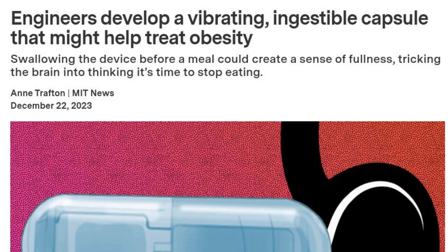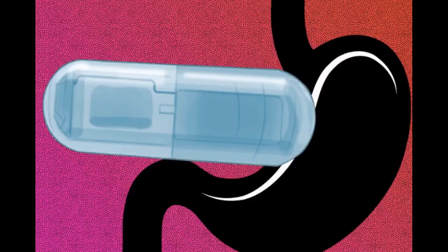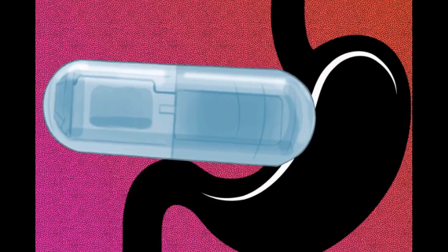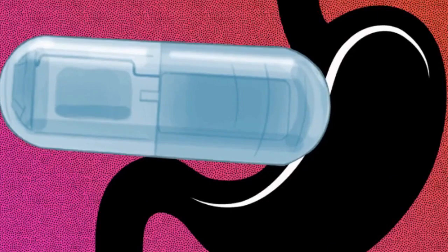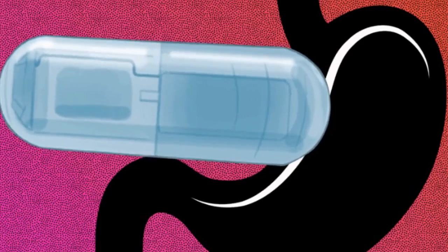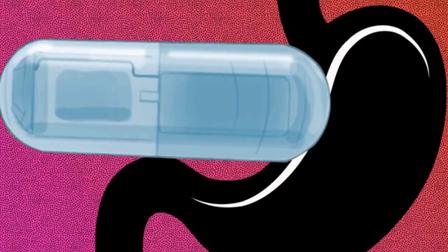While a graduate student at MIT, the researcher Sriya Srinivasan became interested in the idea of controlling this process by artificially stretching the mechanoreceptors that line the stomach through vibration. Previous research had shown that vibration applied to a muscle can induce a sense that the muscle has stretched farther than it actually has. For this study, the researchers designed a capsule about the size of a multivitamin that includes